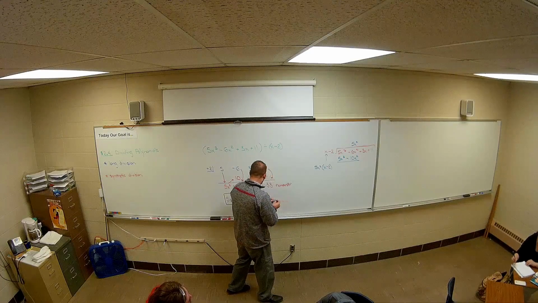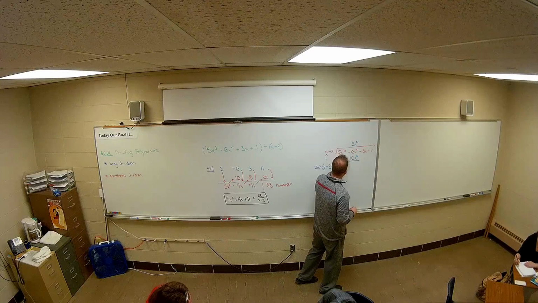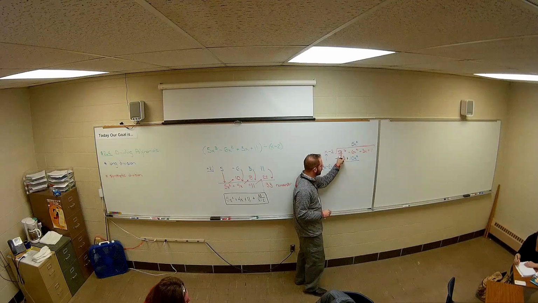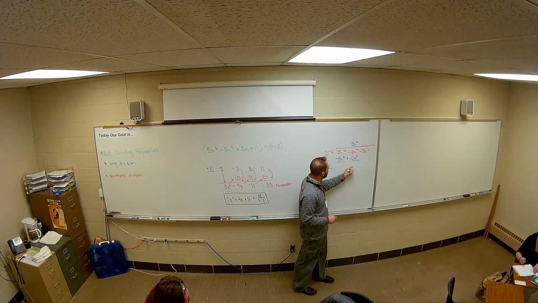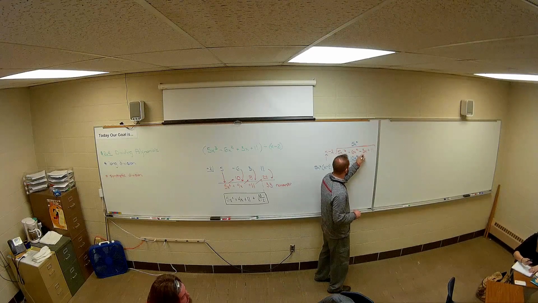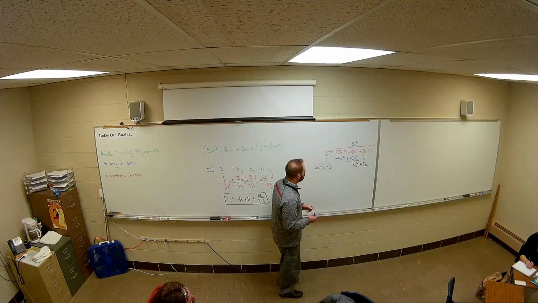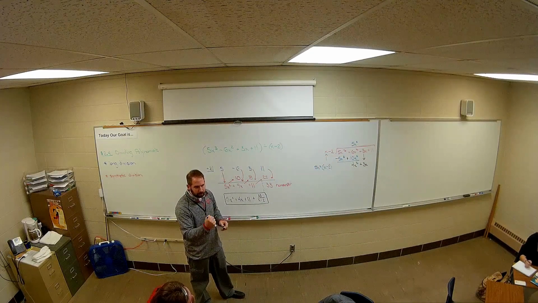Okay, so once we do that, I always draw a line, and then we always subtract straight down. So I always have to change the signs and then go straight down. So that would be 0. This would be a 4x squared. And then I bring down the next item, which is a positive 3x. Does that make sense, like what I did there?